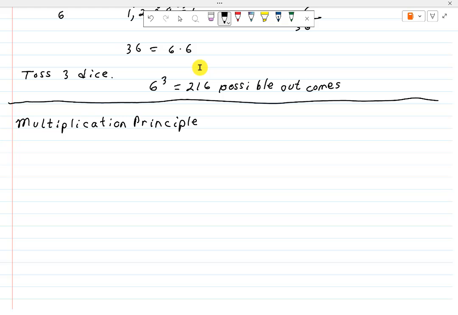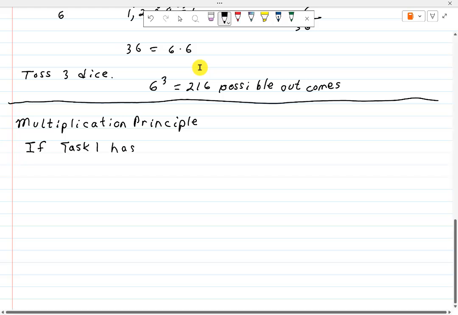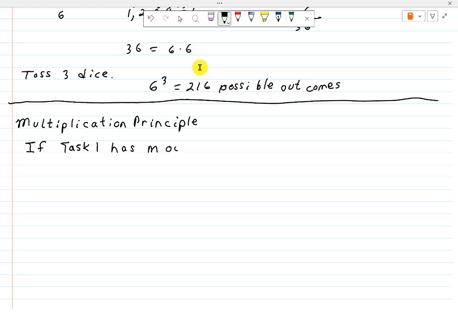Here, let's have two tasks. If task 1 has m outcomes and task 2 has n outcomes,